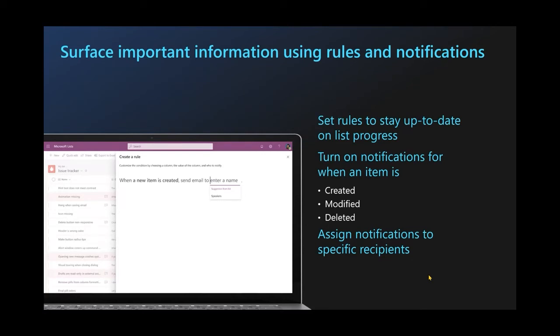Or if this list item gets modified, so for example, you have an inventory or an asset item out there, someone has a company device, and they no longer have that device, or their device has been replaced, and you come into this list and you change the ID tag on that device, you can have it set to notify someone that that information has been updated or changed. So these are very useful things that you can use to make your list